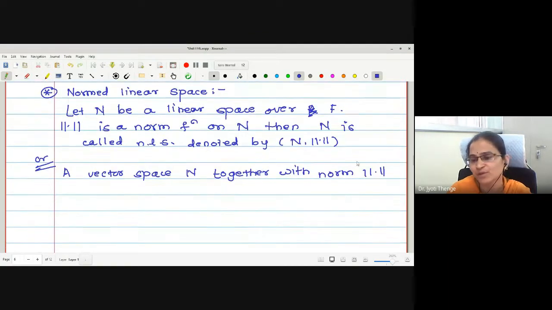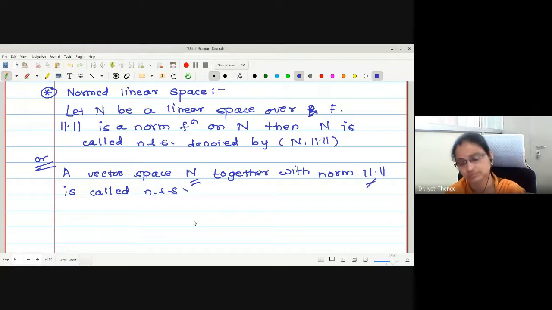This symbol is also called a norm, right? The metric space together with a norm is called a normed linear space. What is the meaning of a vector space N together with a norm? A vector space N in which the distance between the origin and a vector, that is the length or size of a vector, is found with this formula of norm, is called a normed linear space. Is the point clear? With the geometrical interpretation as well?